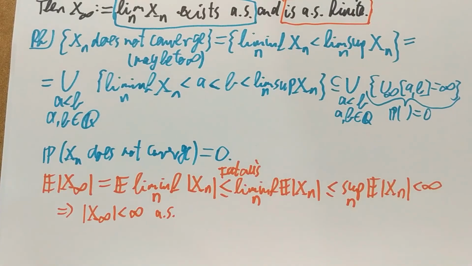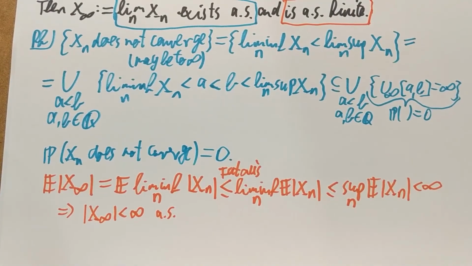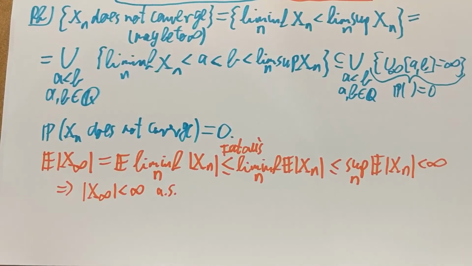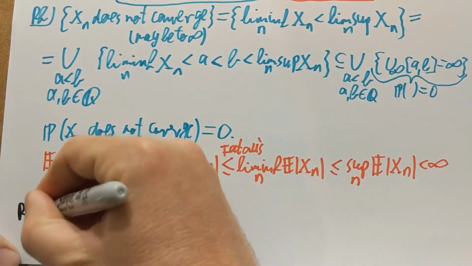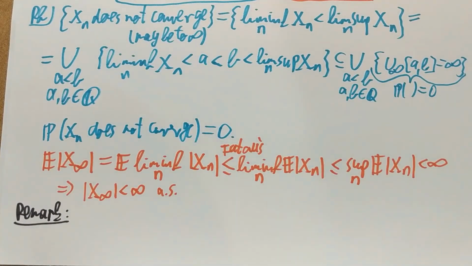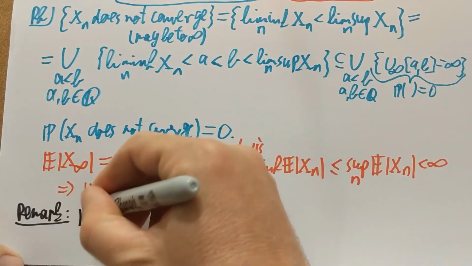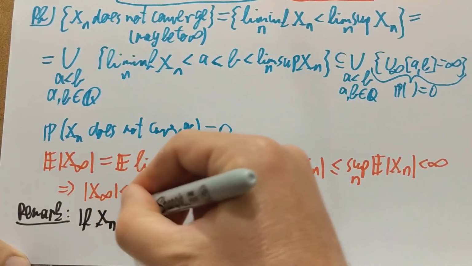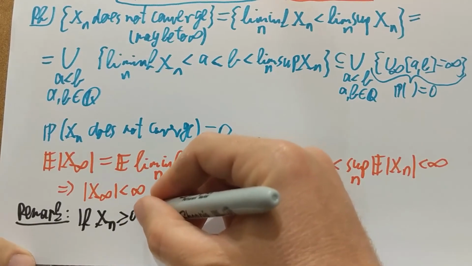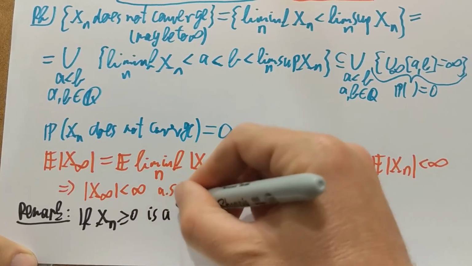Okay. And the last thing I want to do in this video is to add a little corollary, or just a remark maybe. I have a remark to add here, and that's the following. So remember that for Doob's forward convergence theorem, I did assume boundedness in L1. The remark is that if xn happens to be non-negative, if my martingale is non-negative, actually it's a supermartingale. If xn larger than 0 is a supermartingale,